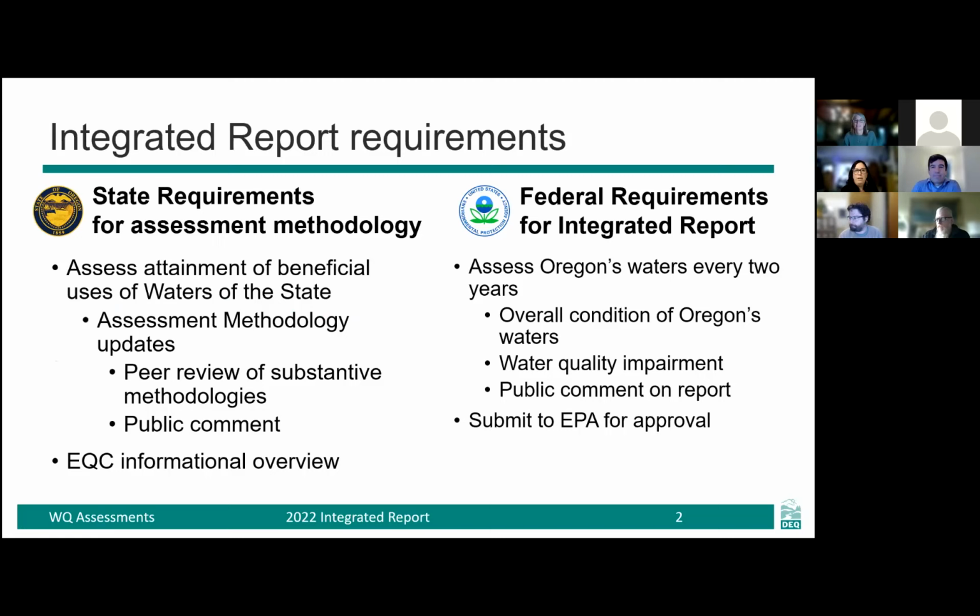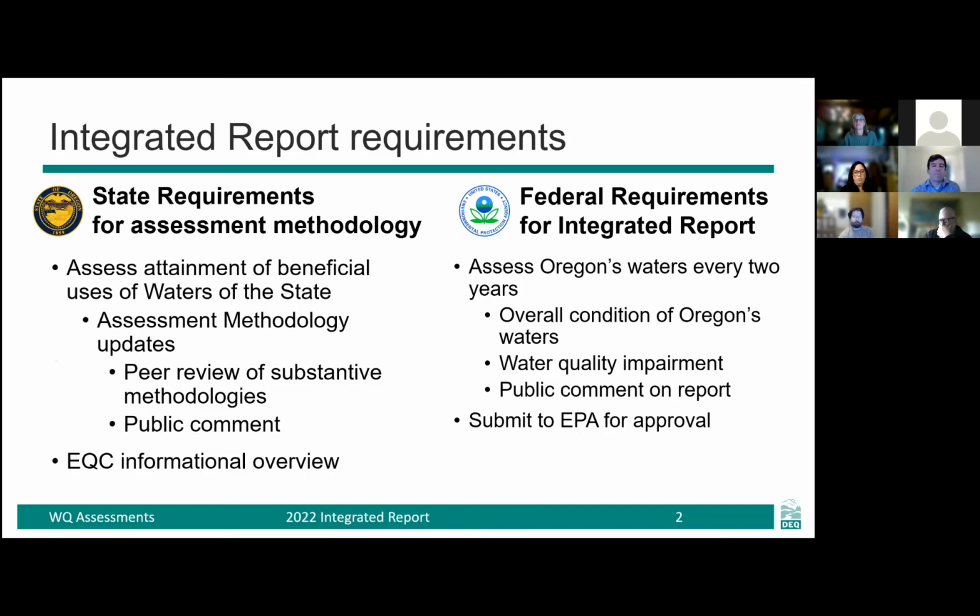Okay, so just a little background on the integrated report and the requirements around it. Under the Clean Water Act, the federal government, under EPA, requires states to assess water quality and submit an integrated report to EPA every 2 years.